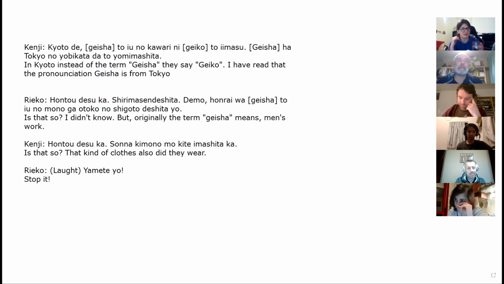There were considered to be many classifications and ranks of geisha, though some were colloquial or closer to a tongue-in-cheek nickname than an official ranking. Some geisha would sleep with their customers, whereas others would not, leading to distinctions such as kuruwa geisha. Yes, you heard that correct. It's actually kuruwa geisha.